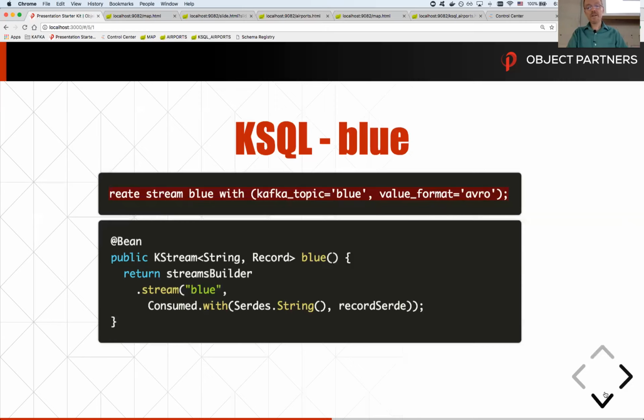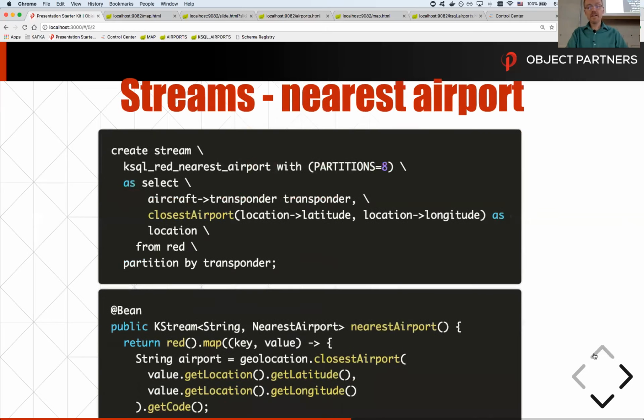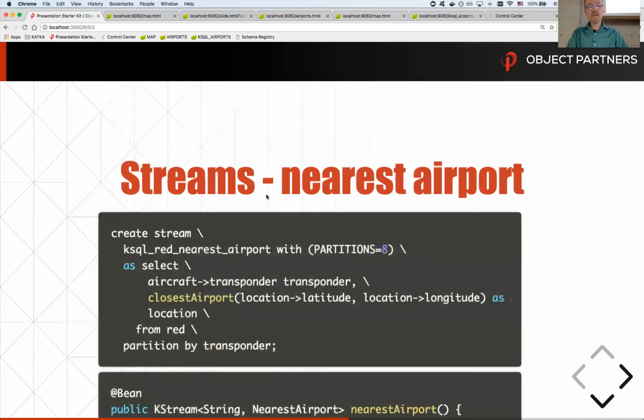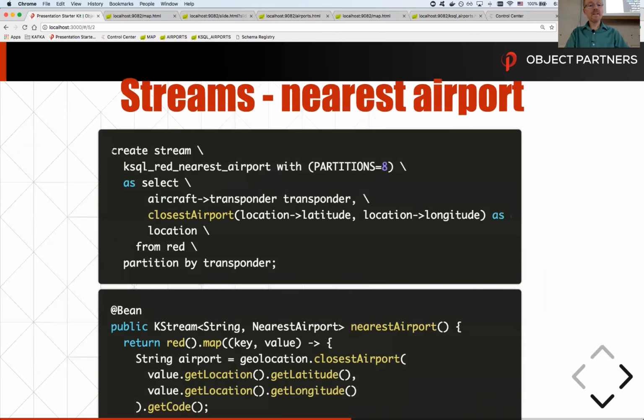I'll go to that one. Did I do? I went. Nope, I was right. Now this is the nearest airport. So that first stream that I created earlier, where I was collecting the nearest airport, I am doing it here. You'll see closest airport listed there.